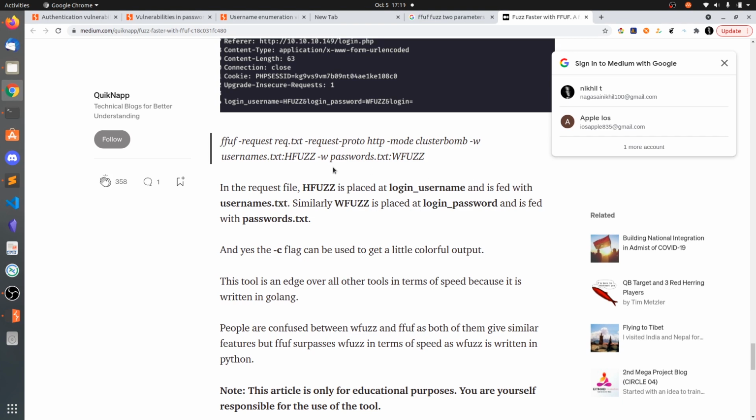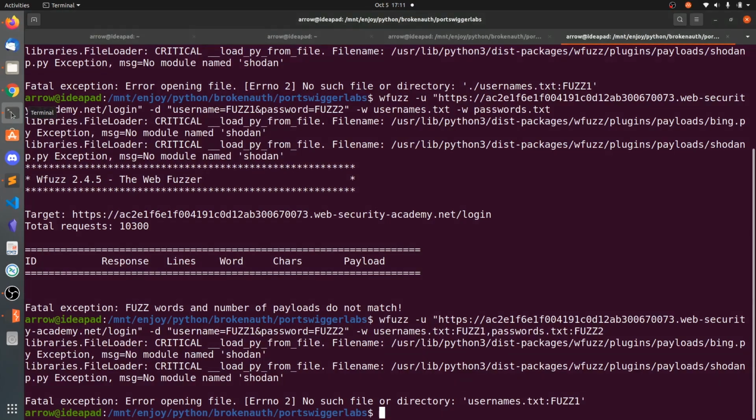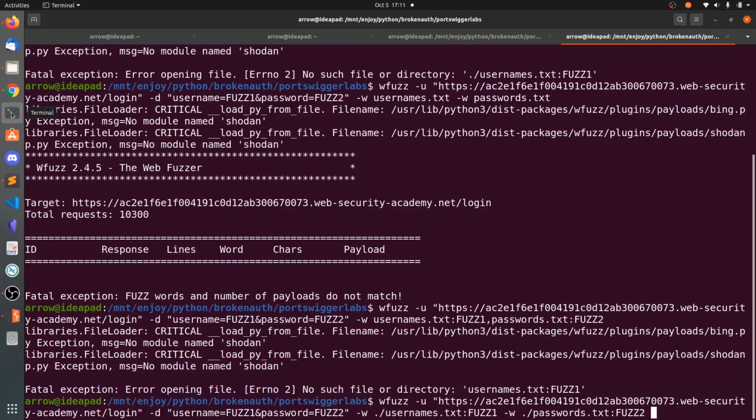Yeah, we did correct. I think we need to put this HTTP mode cluster bomb. I don't know, so let's give it a try.